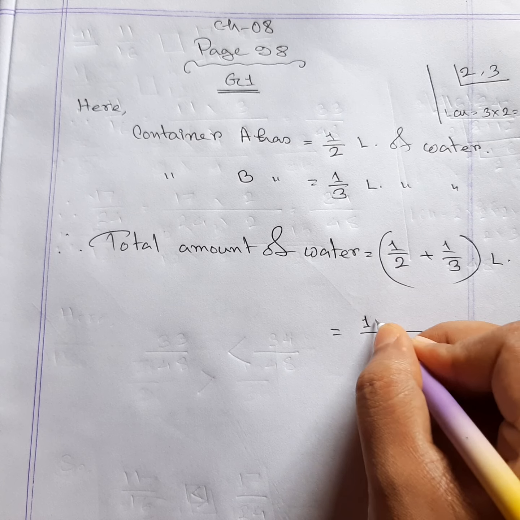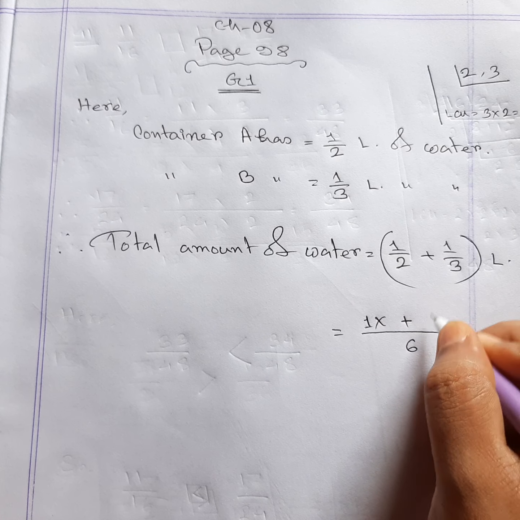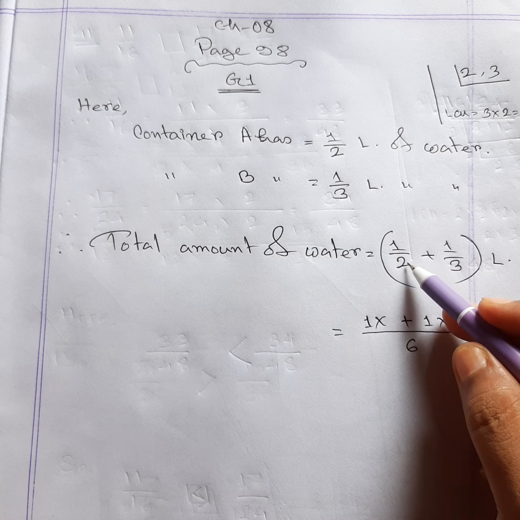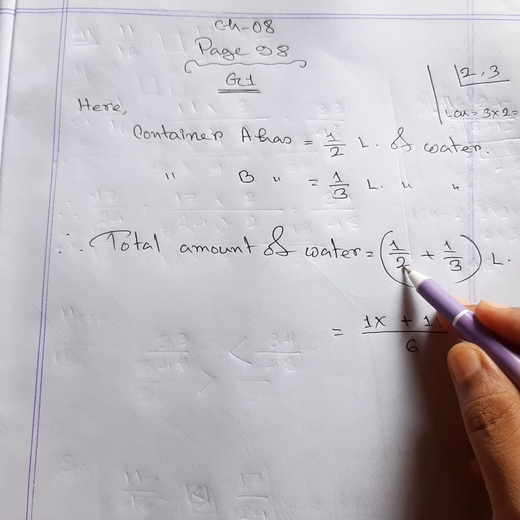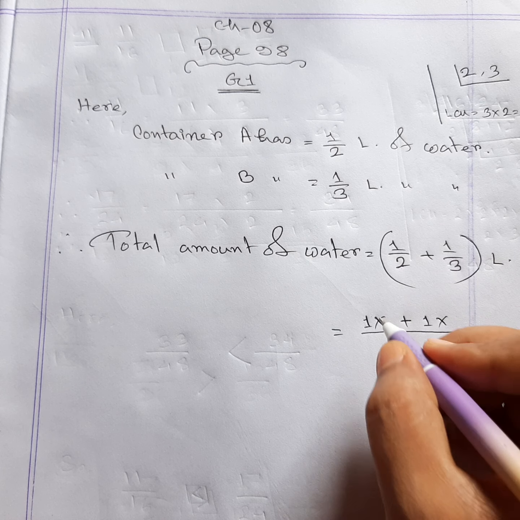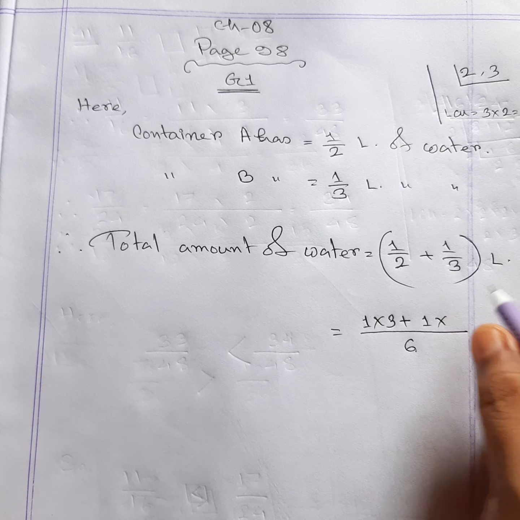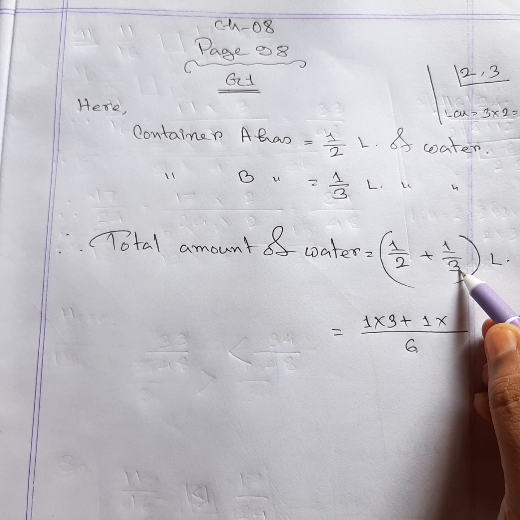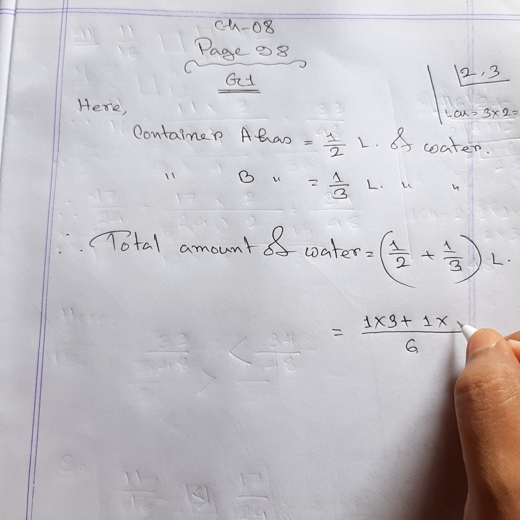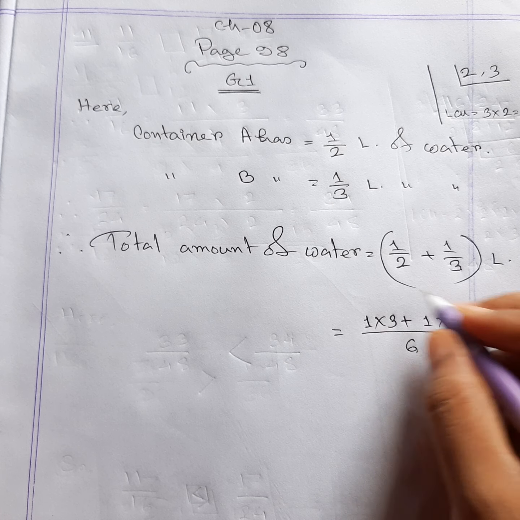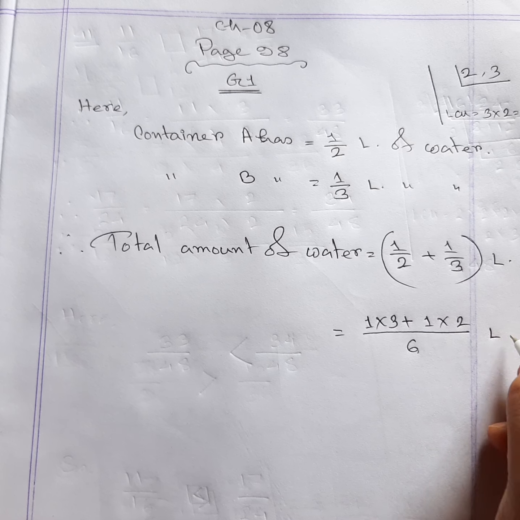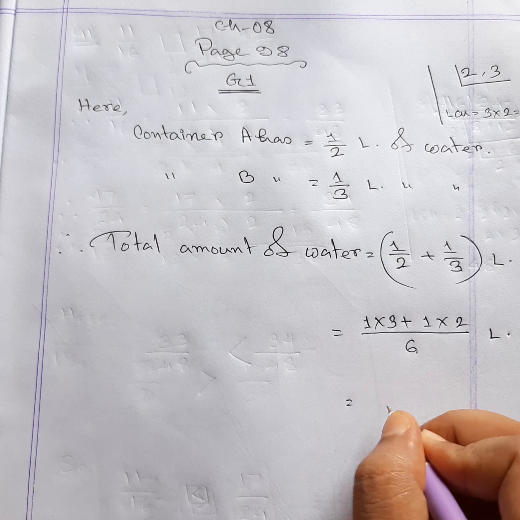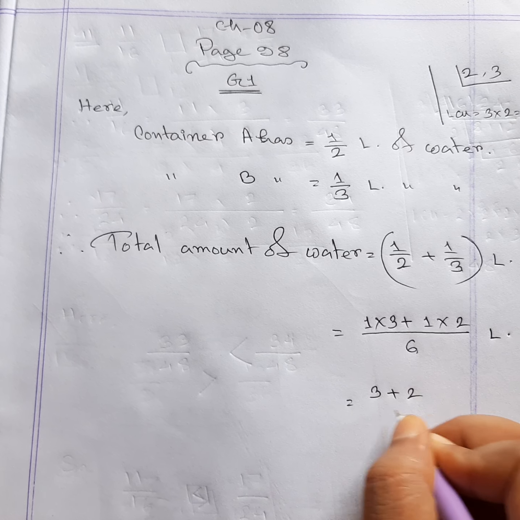Now 1 multiplication sign gap plus 1 multiplication sign gap. Dividing 6 by the first denominator, the answer will be 3. So 3 will be multiplying with the first numerator. Again, dividing the LCM with the second denominator 3, the answer is 2, which will be multiplying with the second numerator. First one goes with first one, and second one goes with second one. Never ever forget that one, and also never ever forget your units. Please never ever forget that part.